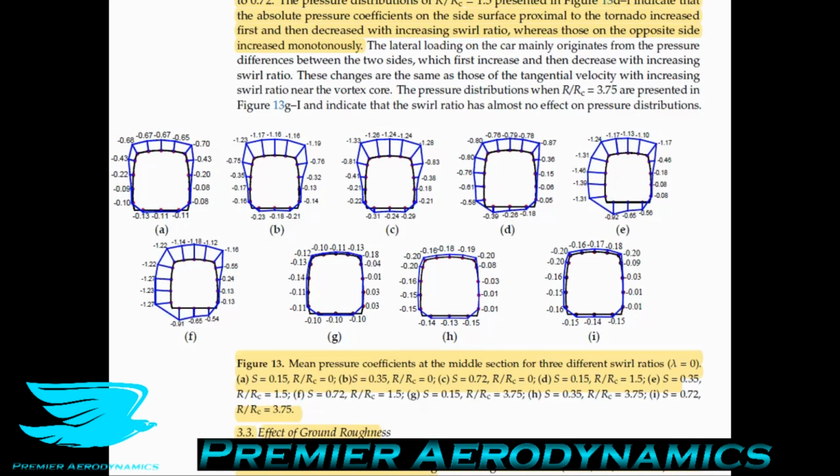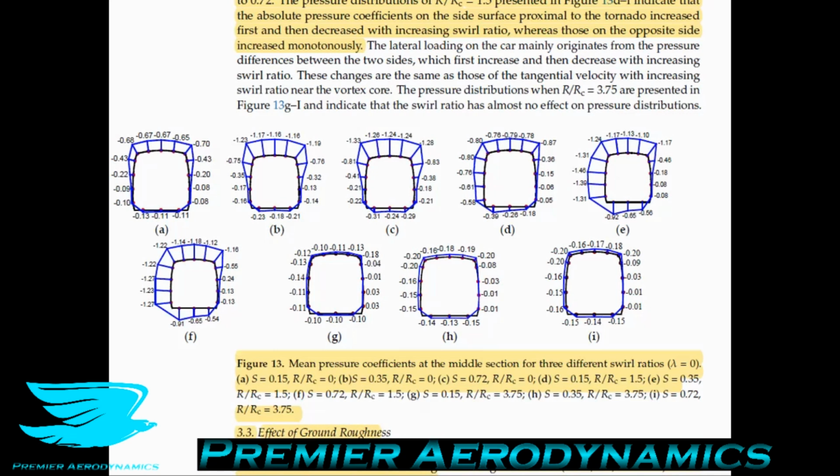So they say the pressure distributions of the train when it was 1.5 radii away from the vortex center, so it's outside the tornado now, just a little bit, indicate that the absolute pressure coefficients on the side surface closest to the tornado, so facing the tornado, increased first, and then decreased with increasing swirl ratio. So that also follows the top and bottom surfaces. But the surface which is facing away from the tornado, as you increase the tornado strength,